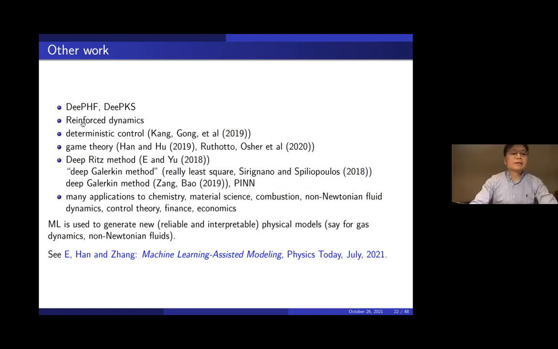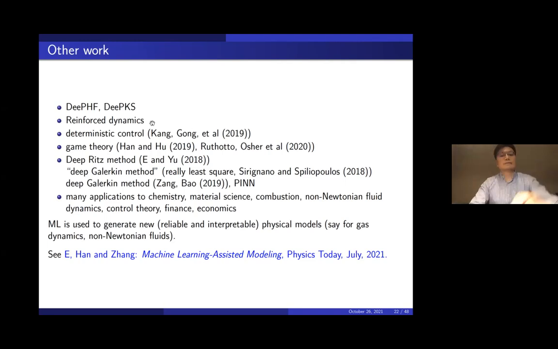So this is reinforced dynamics. Metadynamics is great, but it only works for like 3 or 4 degrees of freedom. If you want to coarse-grain a system with like 100 degrees of freedom, metadynamics doesn't work. What works is called reinforced dynamics. That's the replacement of metadynamics when you have many coarse-grained variables.